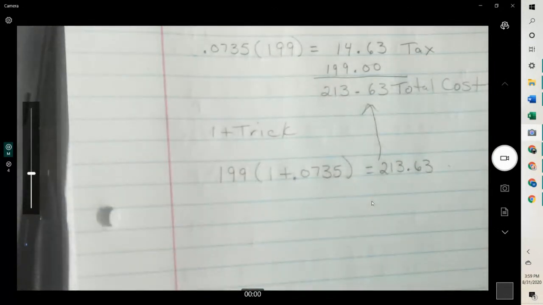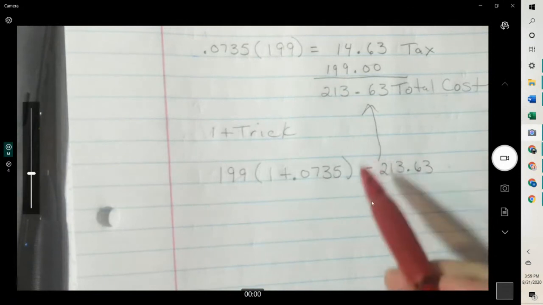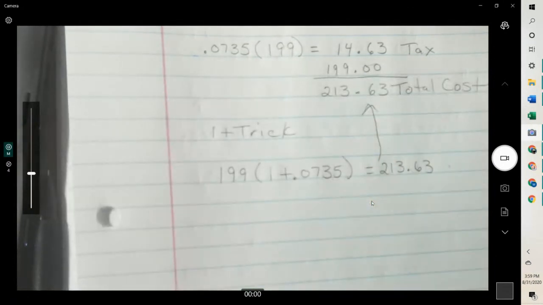So if you only need the total, then you can use the 1+ trick. If you need to show the tax also, then you still could use this and then just subtract it from the original, but it's up to you. But you can use the 1+ trick. But that's everything with percents,